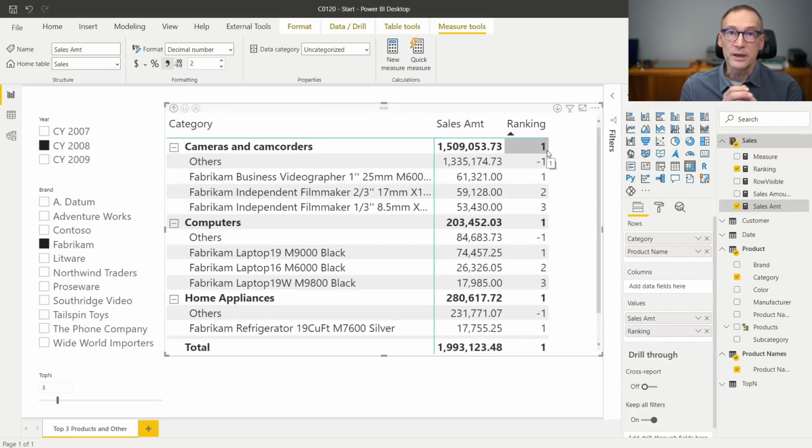I could use for the ranking of others a different number. I could use 4. If I use 4, then the number will appear after number 3. The problem is the number 4 is already used by a regular product which is ranked 4. So I need to add space to my report, shifting all the products which have a ranking greater than 3 to a higher value. So that 4 will be a hole, and I will place my others rows at the 4th place. To do that, I need to tweak the ranking measure.